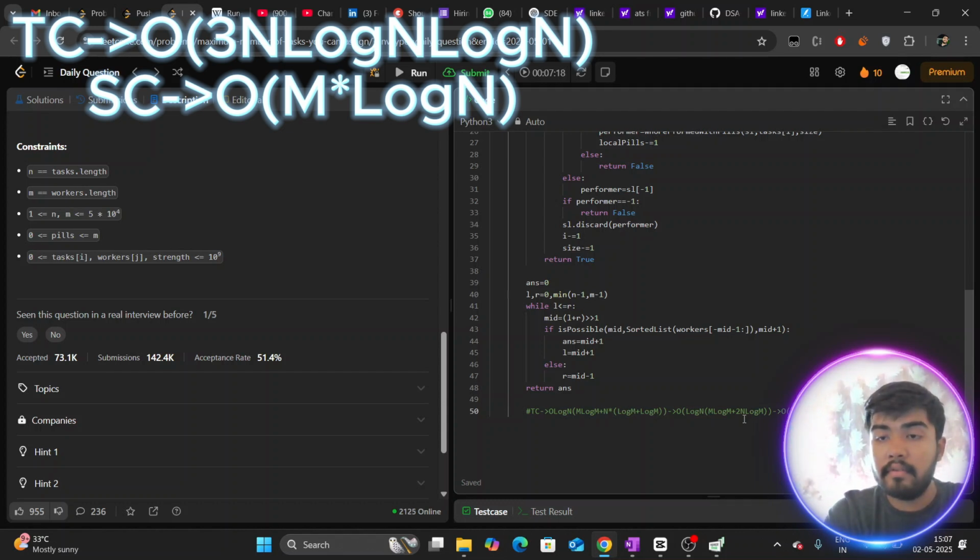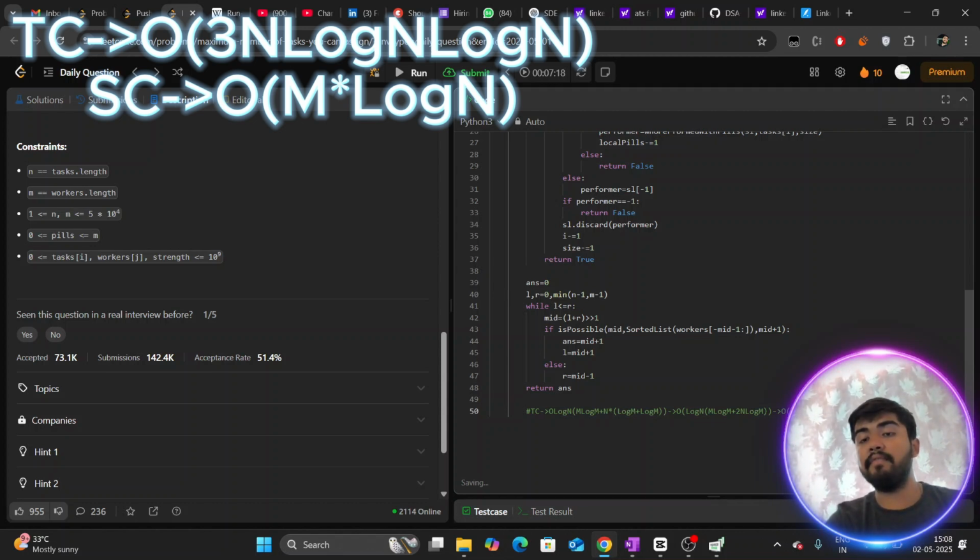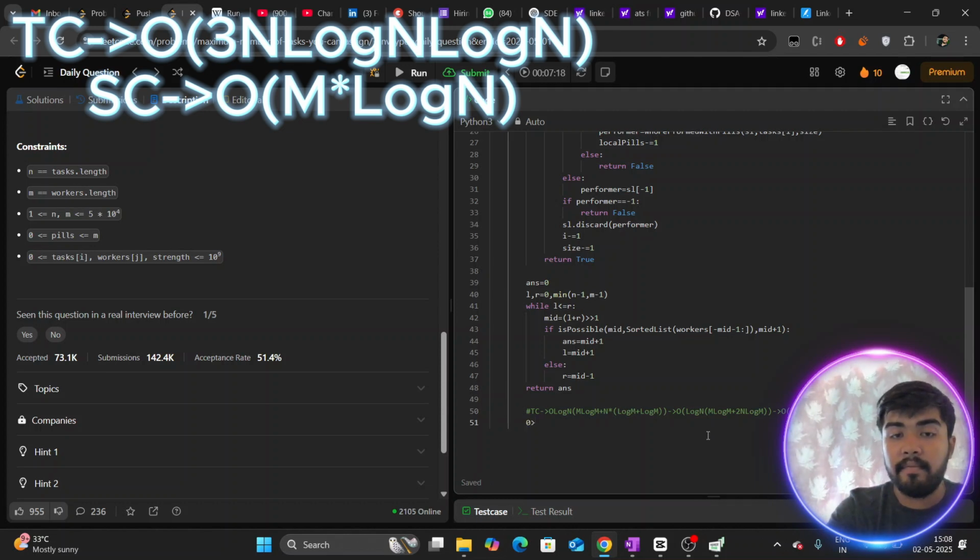So big O of 3n log n internally, and then there is a log n factor. So 3n log n into log n. So an n log n kind of complexity we can achieve. Now if our n can grow as big as 5 into 10 raised to the power 4, how far is it? So log of 5 into 10 raised to the power 4 is kind of like,